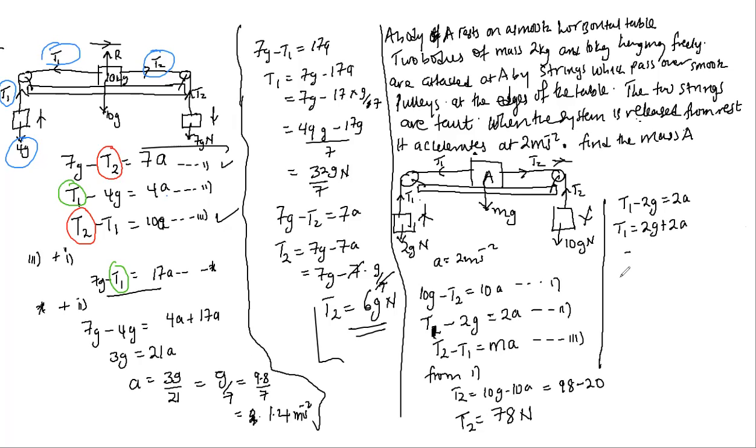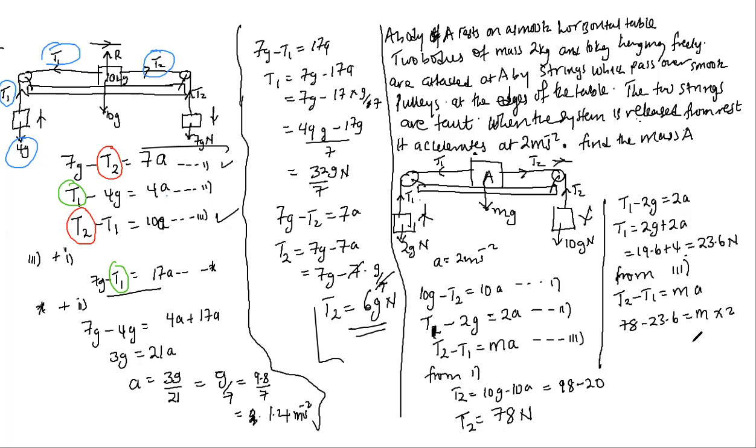So finally, I can substitute into equation 3 to get the mass. From equation 3, T2 minus T1 is equal to ma, and we are looking for m. So it gives us 78 minus 23.6 is equal to m times 2. So you can make m the subject by saying it is 78 minus 23.6 divided by